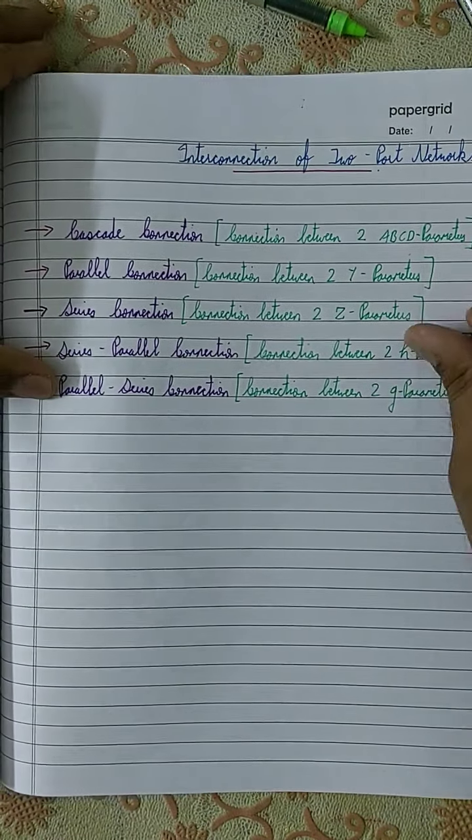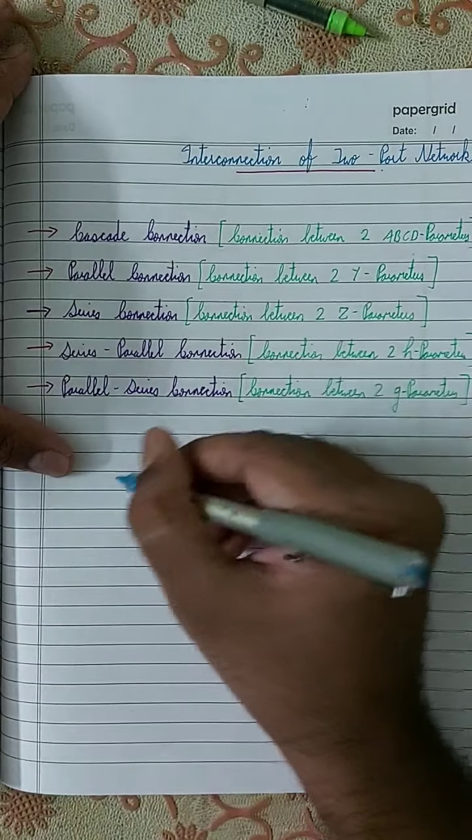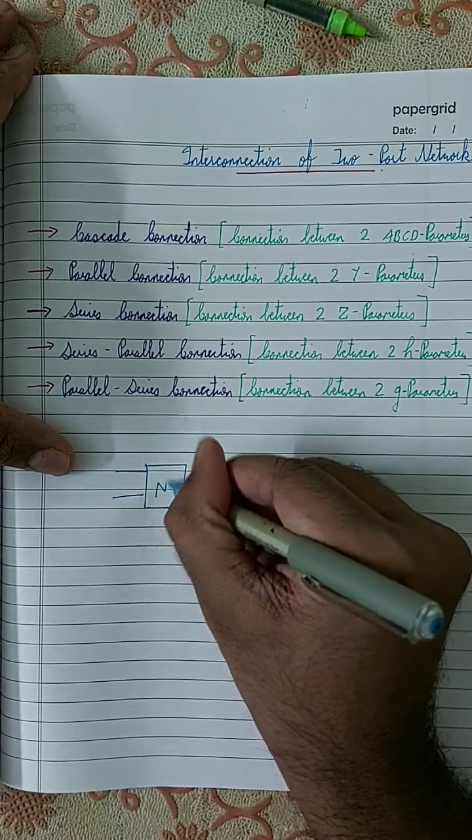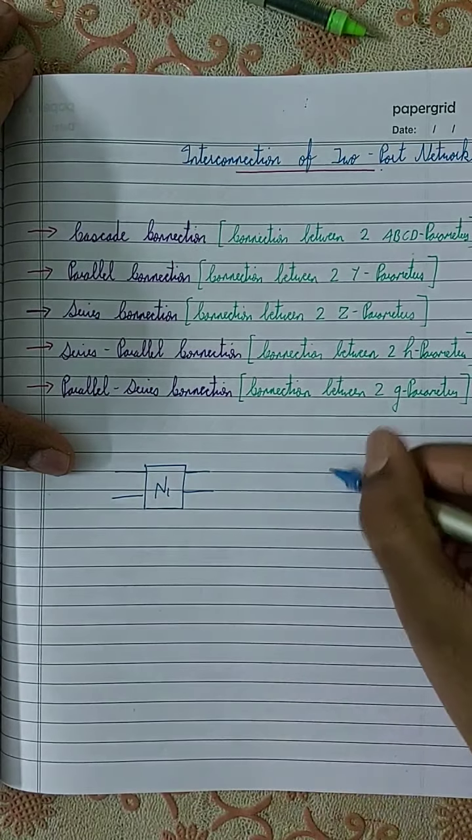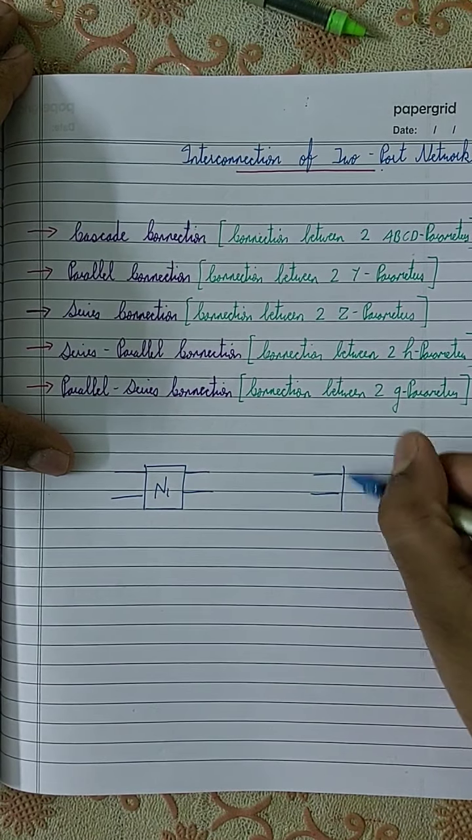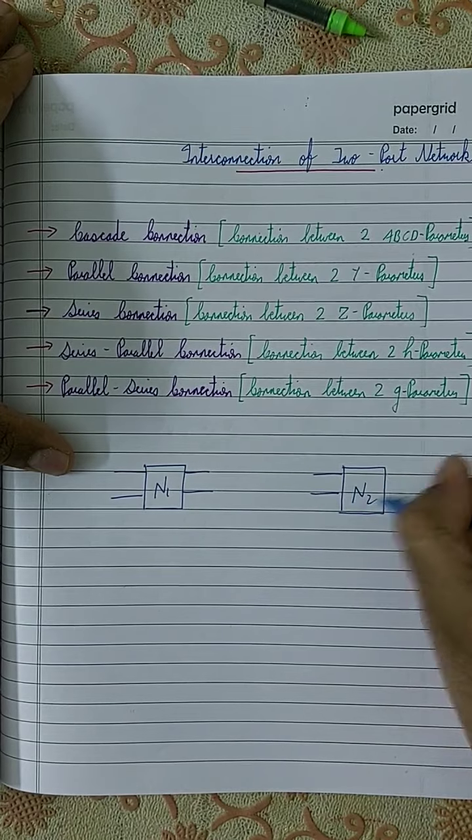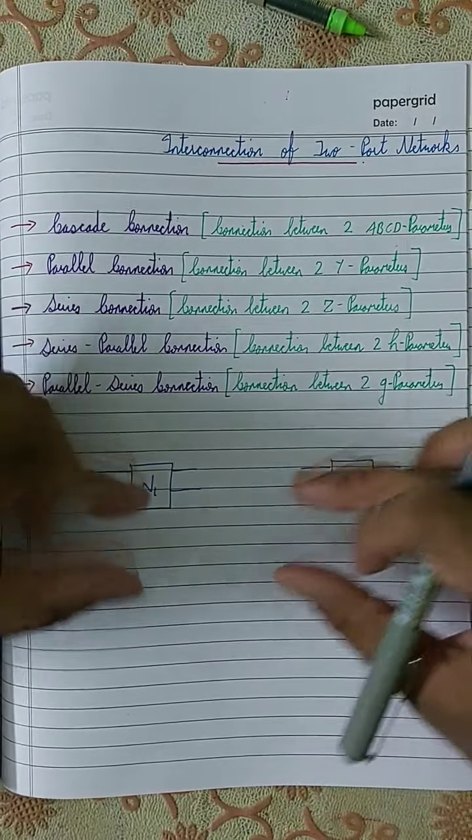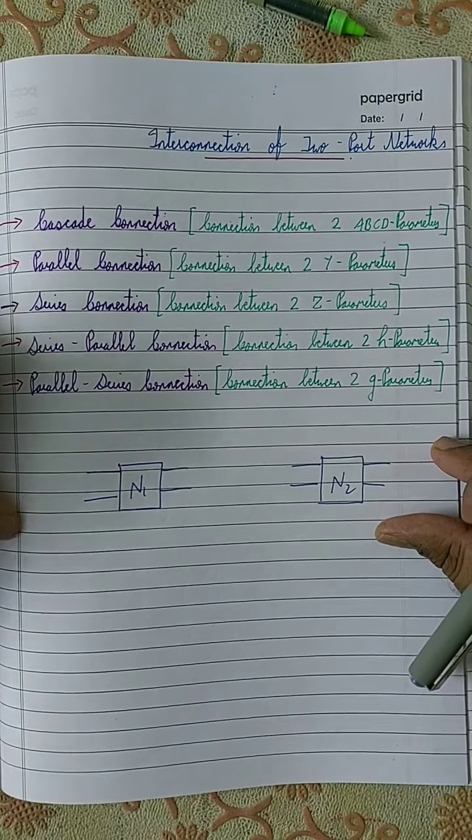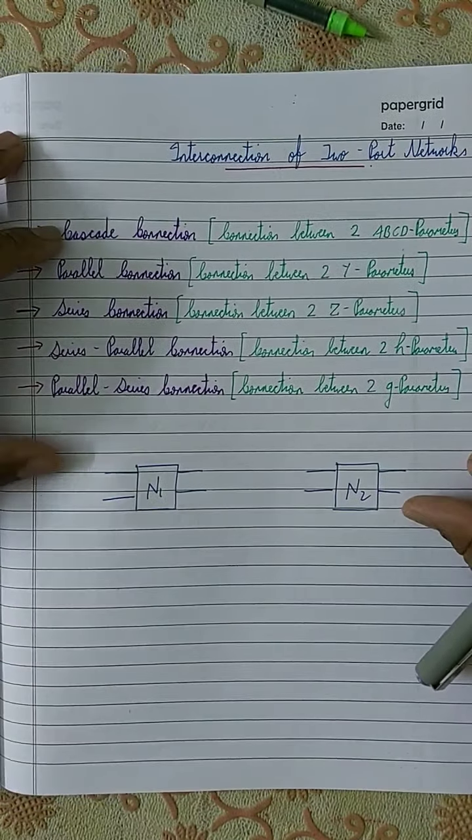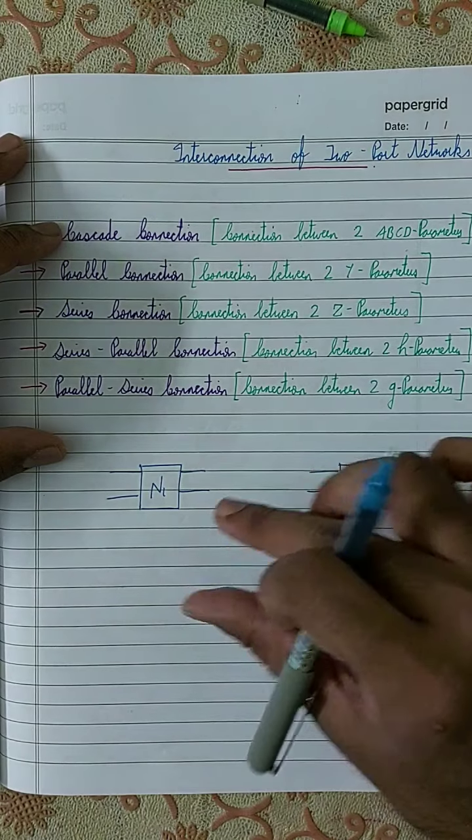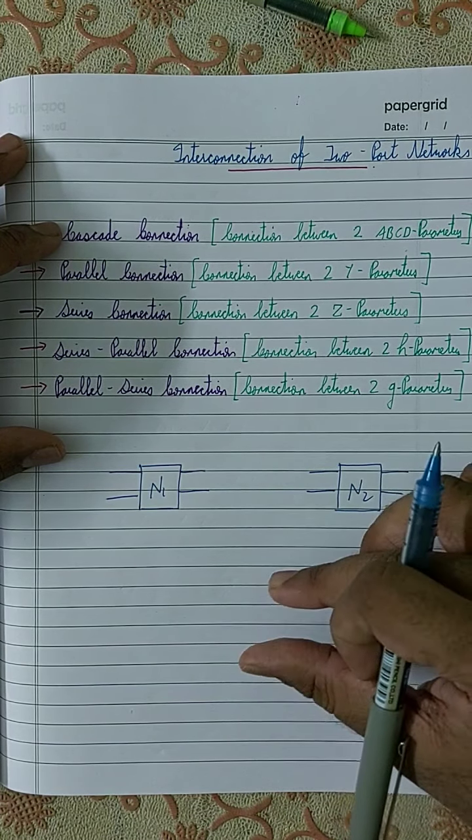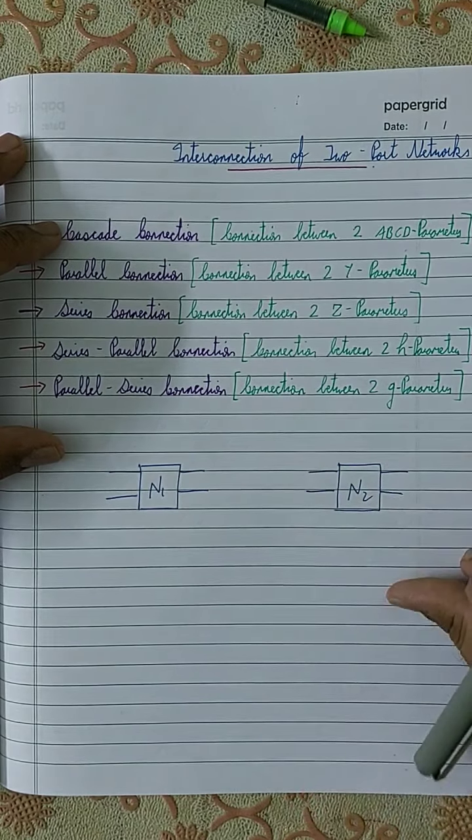We just take one two-port network. Let it be N1. I will take another two-port network that is called N2. Based on how these two networks are connected, I can represent their individual parameters using basic equations, and then from there I can find the overall parameter